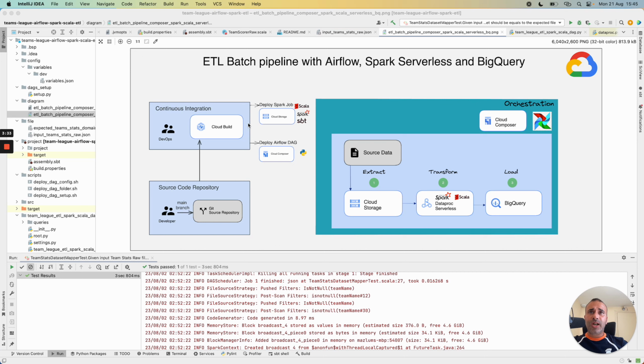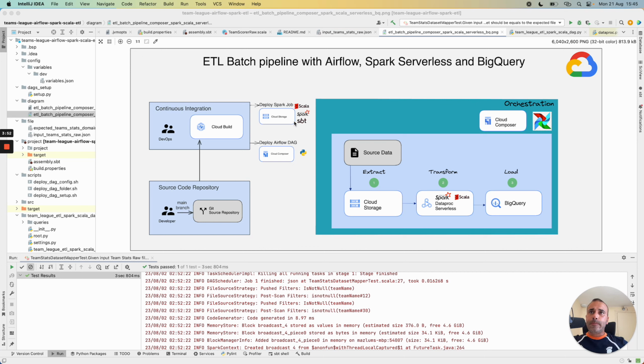For the CI/CD part, we have two Cloud Build jobs. One to deploy the Dataproc and the Spark job with Dataproc serverless. We generate a fat jar with SBT and then we copy it in a cloud storage bucket.